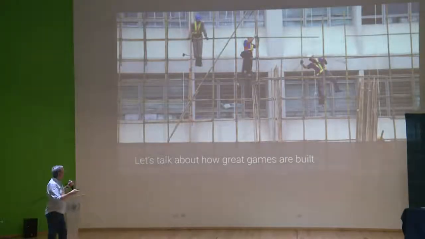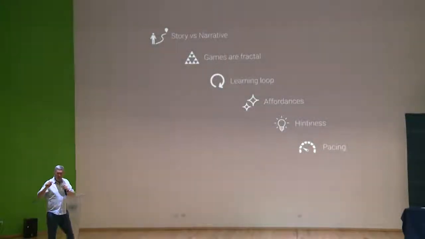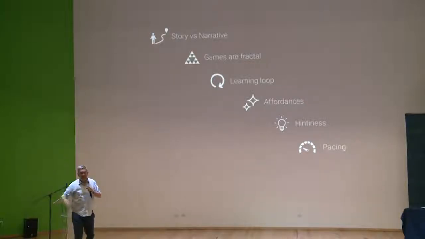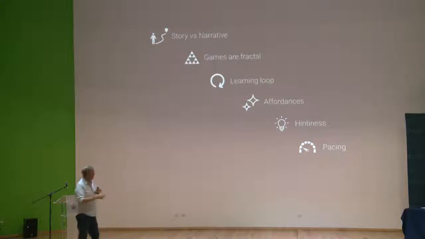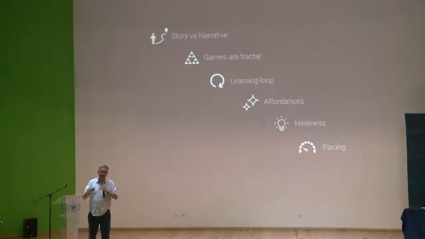So the talk is about how great games are built. What are the techniques about that? So in his book, he has about 25 things that he talks about. And I am only going to focus on these 6. And I'm going to go through each one of these in order that talks about how games are designed, because I think they're the ones that are most useful to us.